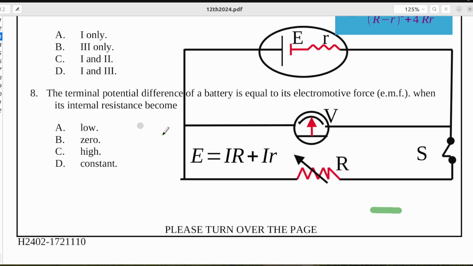From this we have the formula that electromotive force is equal to IR, capital I capital R plus capital I small r. When the internal resistance of the battery is 0, we will have the terminal potential difference of the battery equal to